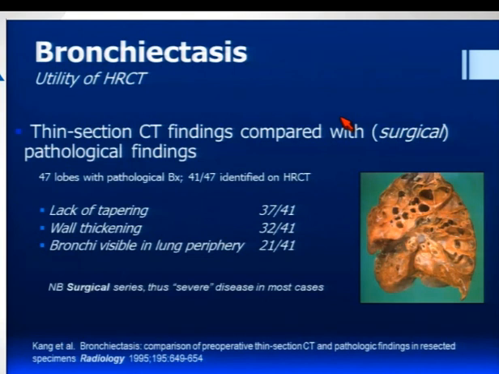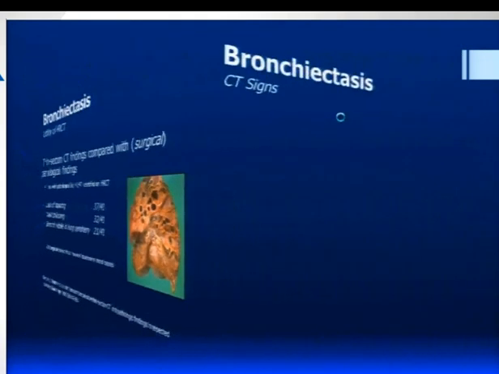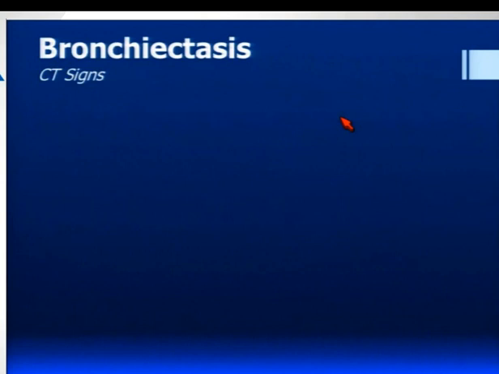So any absence of that actually is abnormal. The presence of wall thickening is also a feature, but it's not a diagnostic feature. And the visibility of airways in the periphery of the lung is also a key finding in bronchiectasis. So, accepting that the chest radiograph is not very good, CT really now is the accepted gold standard for making